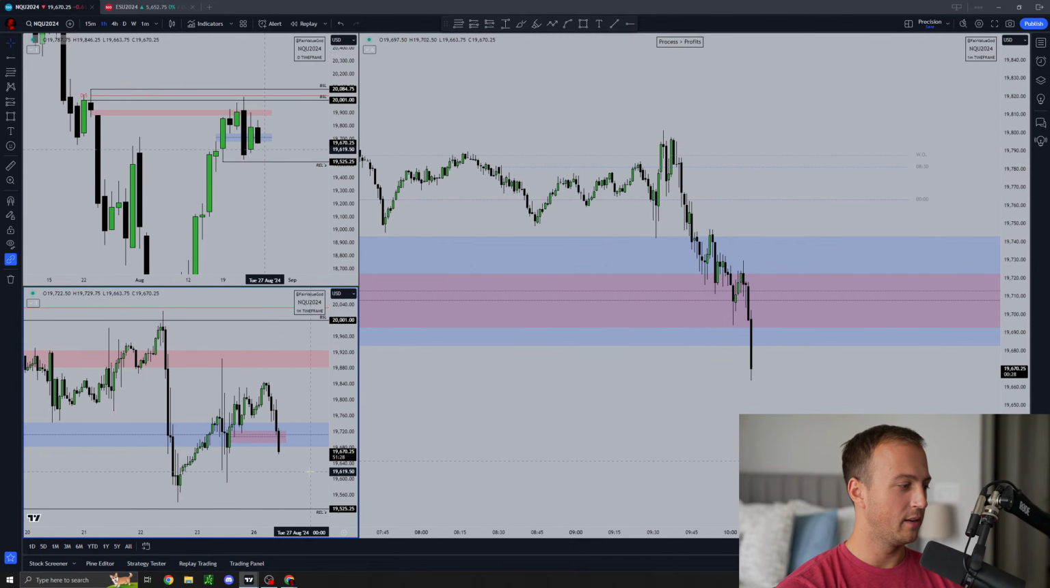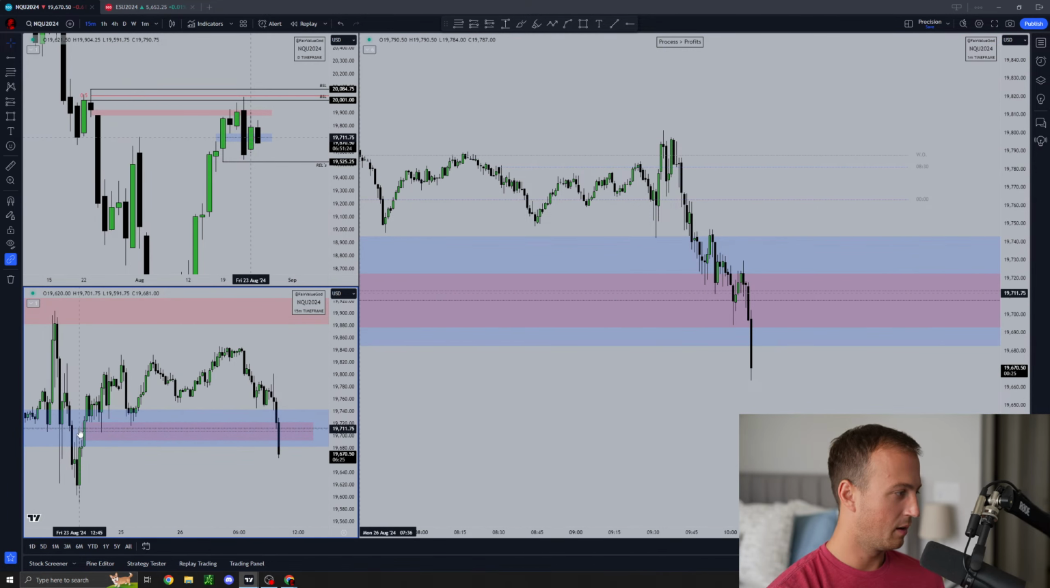So keep in mind, right? We're watching the 15-minute imbalance. We got 6 minutes until that candle closes. But the fact that we've already driven all the way through it,